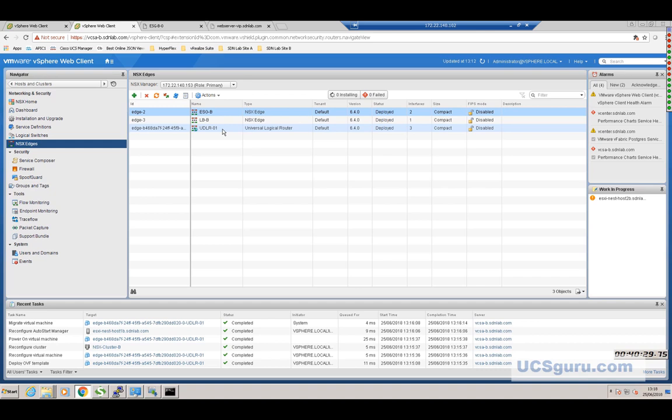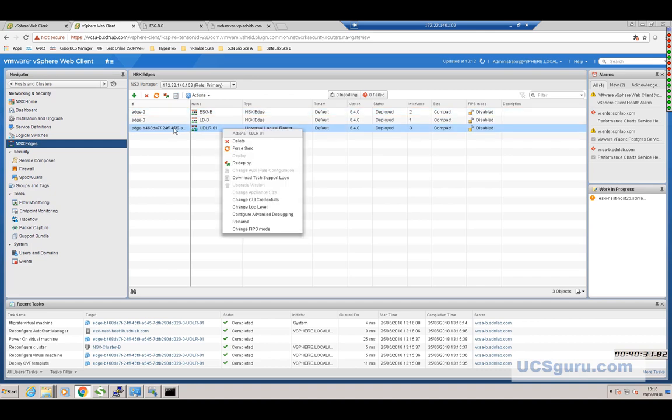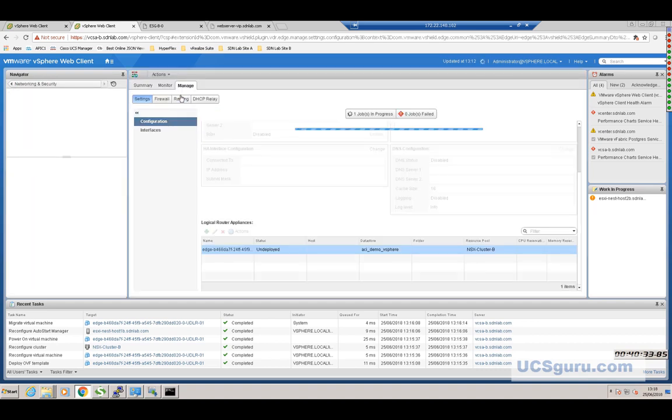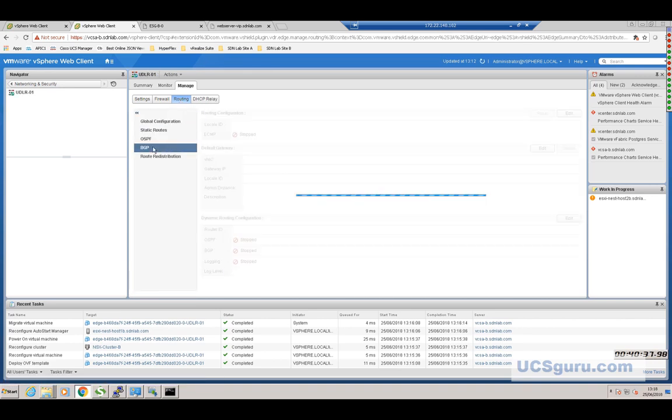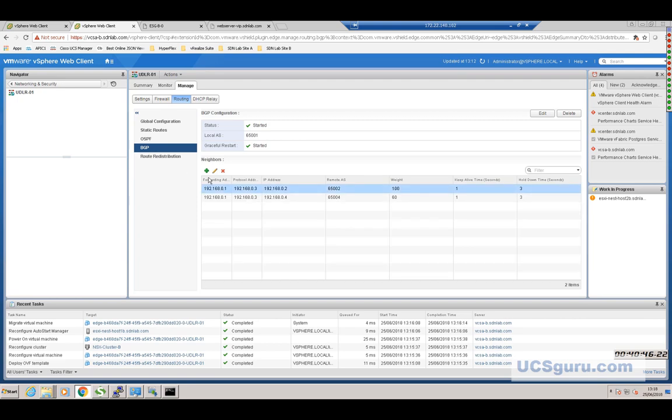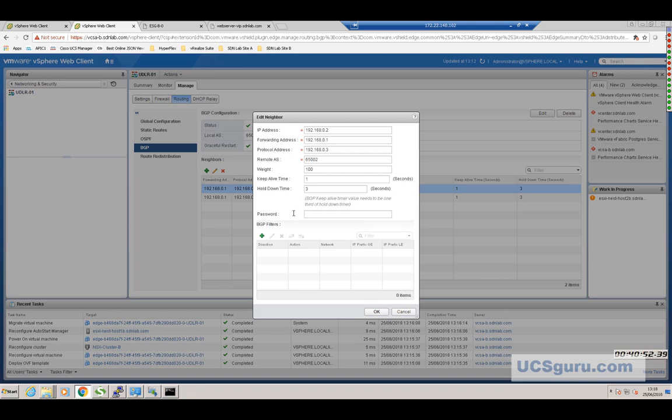So what I needed to do was go into my routing, find my neighbours, just edit your neighbour